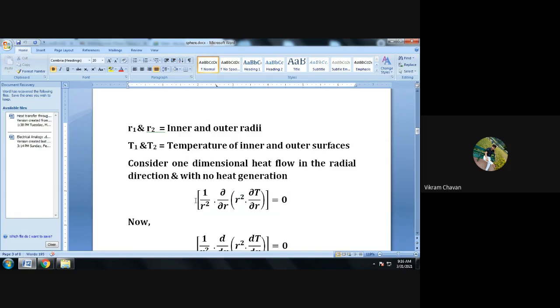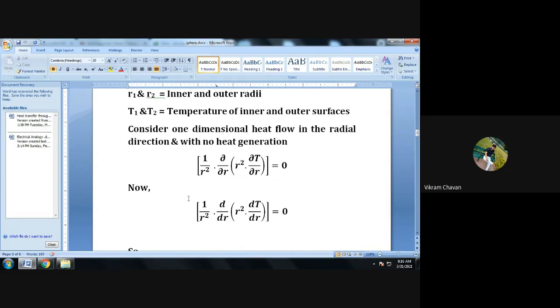Now if you are going to consider the larger body or the large element, or if you are going to apply this particular equation for a complete object, then in that case the partial differentiation will be converted into a complete differentiation. So the equation will be converted from the micro level to the macro level. This is applicable for the micro level, and we are using this equation for the complete body, or we can say the macro level, the larger object.